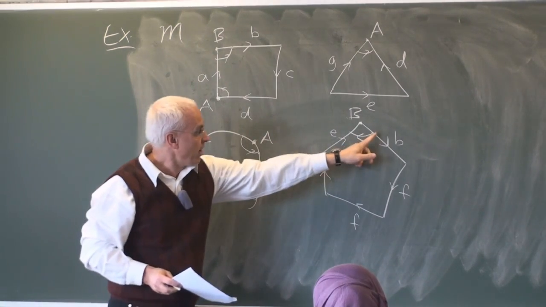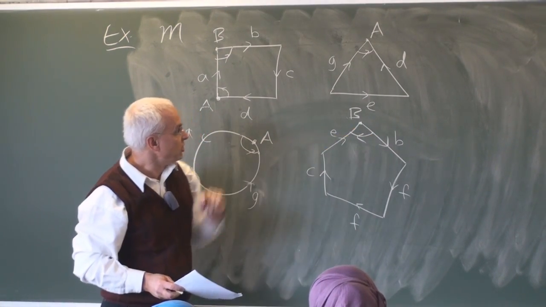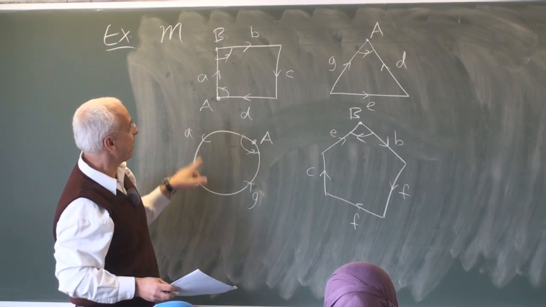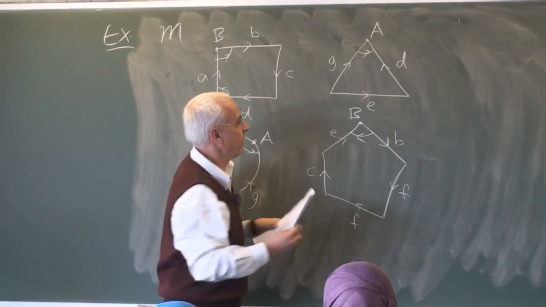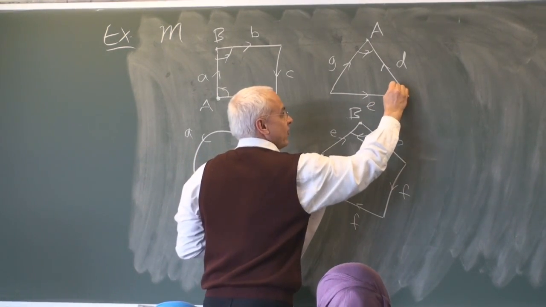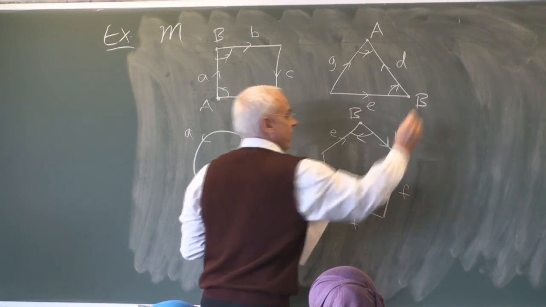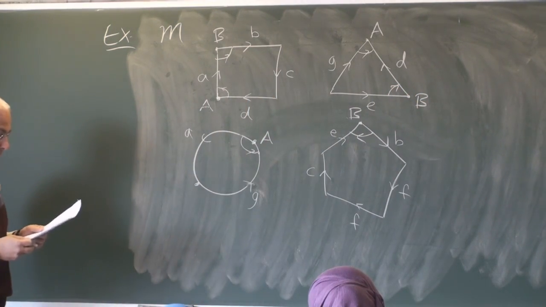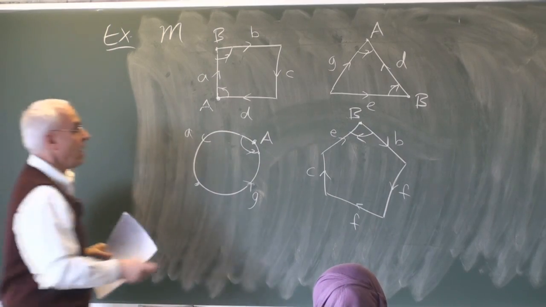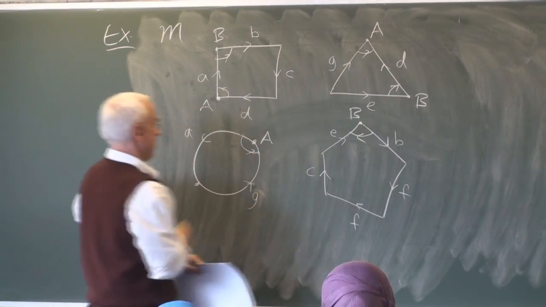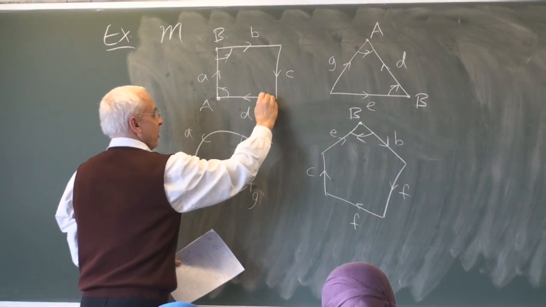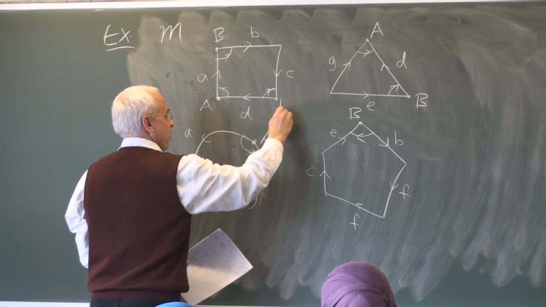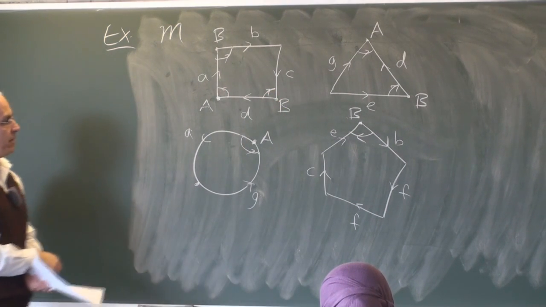Okay, now as we carry on, we're moving here, and we're now at the top of edge E. And the top of edge E is over here. So now we're going to carry on like this. That must be also vertex B. Now we're at the bottom of D. The bottom of D is over here, so we're going to carry on like here. That must also be vertex B.